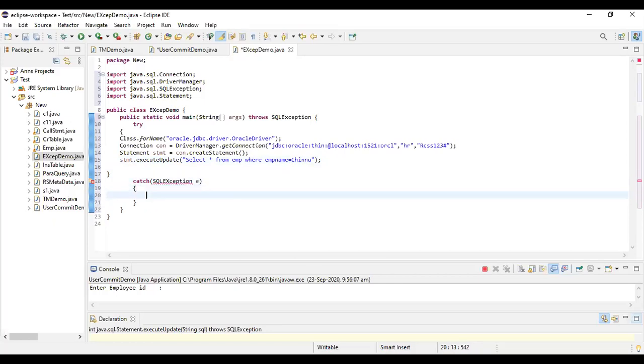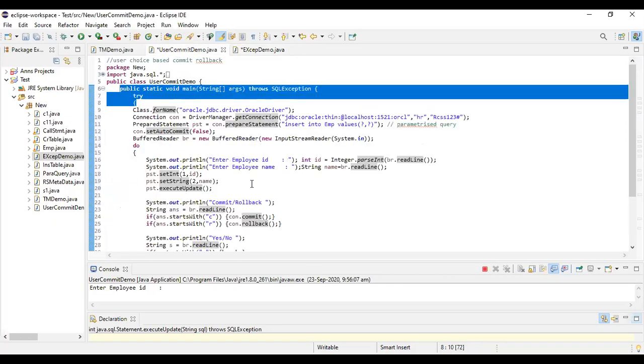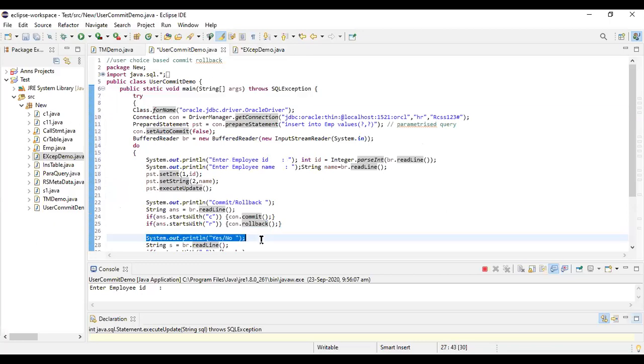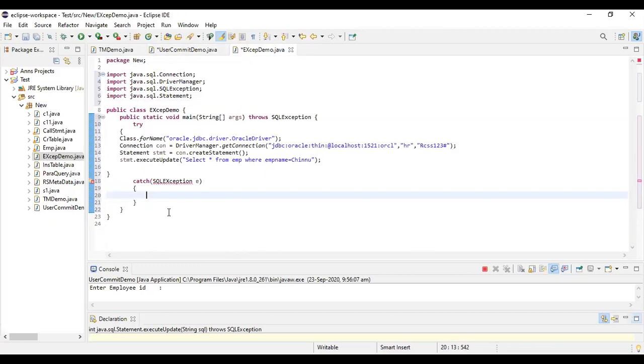Okay, I'll give an SOP. So we'll do it method by method. Message, state, error code. SQL message, let's see how all these come.